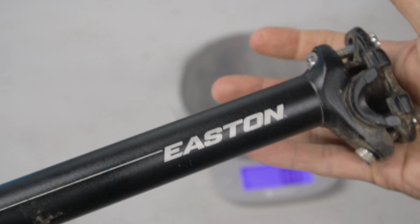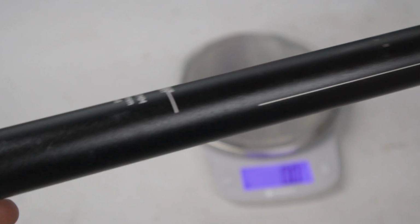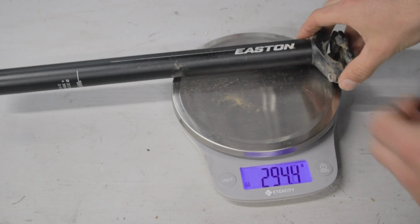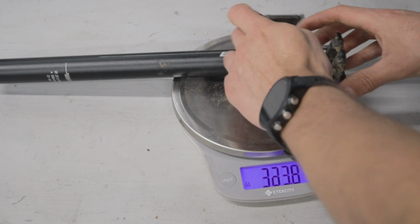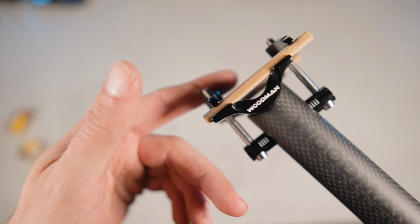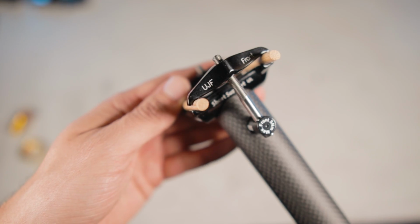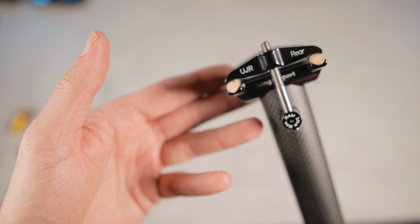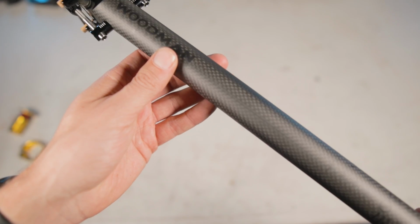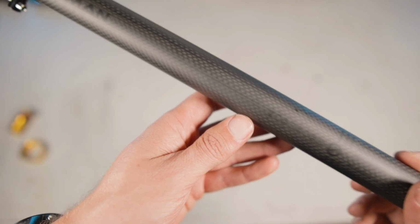And then finally, the biggest drop was in the seat post. We went from the stock aluminum Easton seat post that came with the bike at 316.4 grams, and we replaced that with the Woodman GT2 Ti seat post, which comes in at 148.8 grams, for a weight savings of 167.6 grams. It's important to note that the seat posts were both the same diameter, obviously, and the same length, 350 millimeters. And this is a total weight savings of